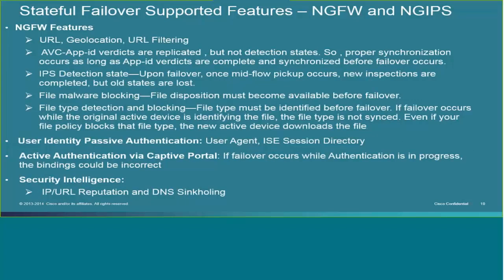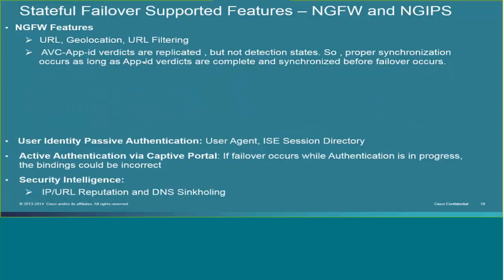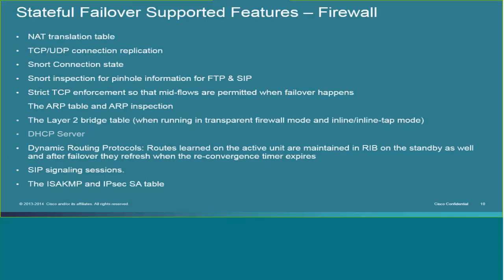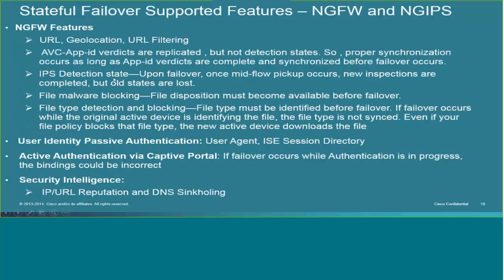On this slide, I have some important points to discuss. The features I've highlighted under NGFW features are on the Snort side of the FTD. In the first slide I talked about Snort and Lina. Most of these features are from the Lina side, and these features are from the Snort side. The important points to discuss are app ID, IPS detection state, file malware blocking, and file type detection. With reference to app ID,